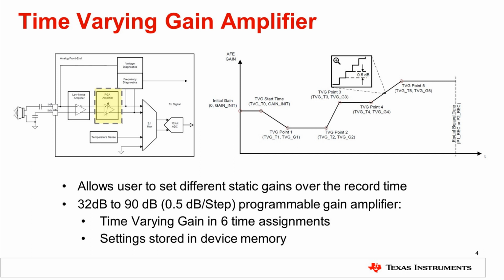As an example, for closer objects, gain can be programmed lower initially in time and then increase during the recording time to detect farther objects which have a very small echo signal. This feature helps in attaining sufficient SNR after ADC conversion for all distances for accurate time-of-flight measurement.